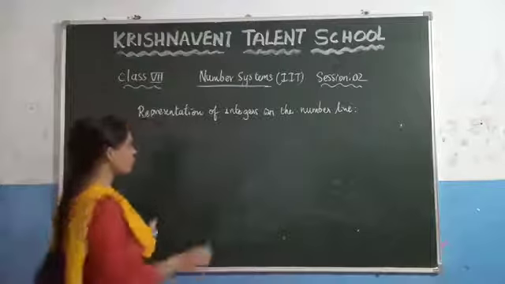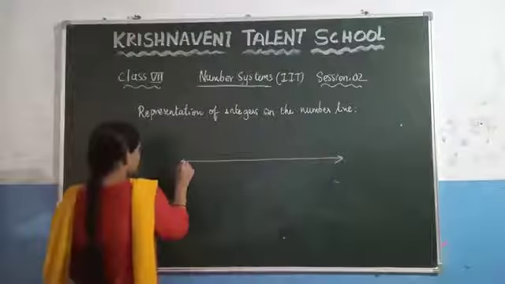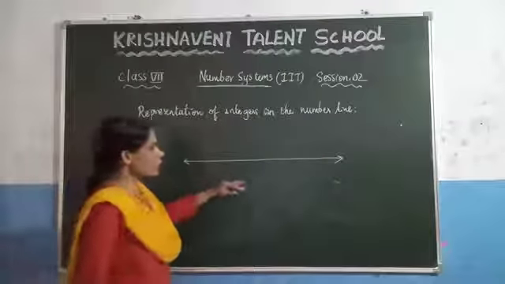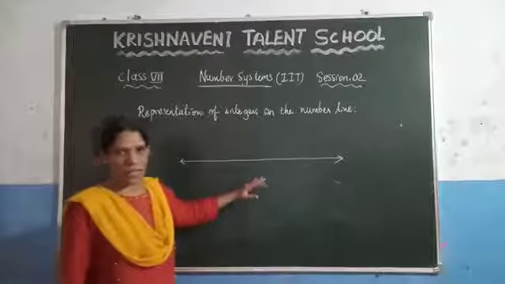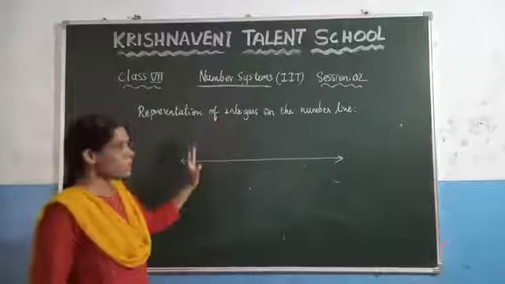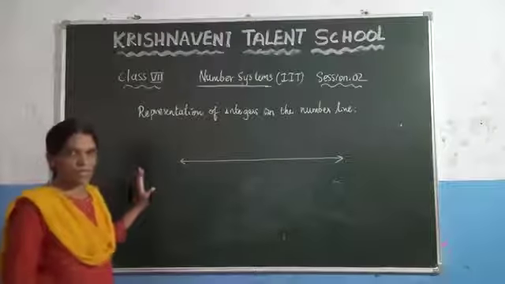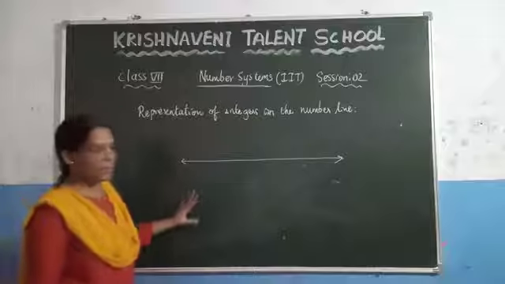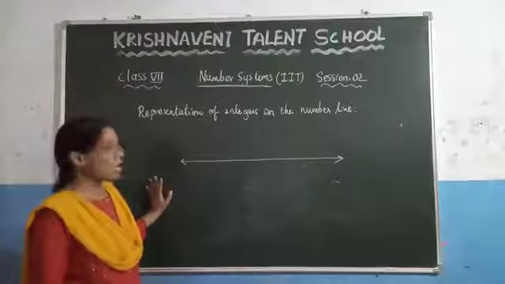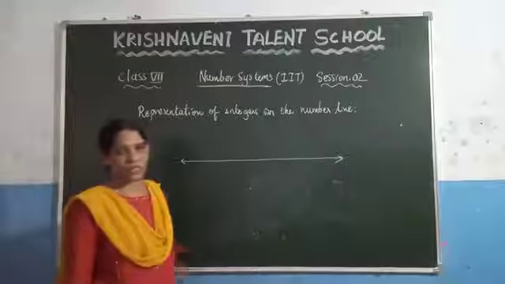First you have to draw the number line. So draw the number line, and after that you need to mark the numbers on this number line. For that you need to know what is meant by integers. In the previous session we discussed what integers are. Integers are nothing but the negative numbers, 0 and the positive numbers together. Or we can define it as: if you add negative numbers to the whole numbers, we get the integers.